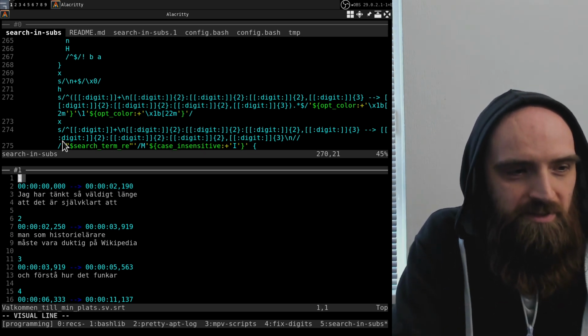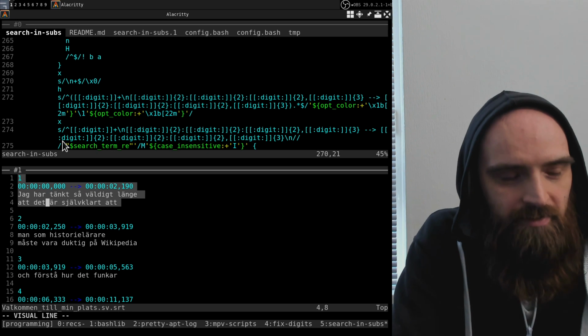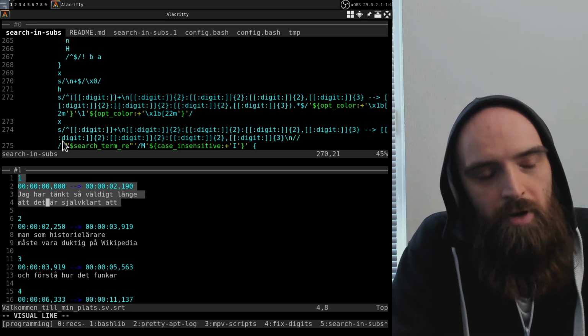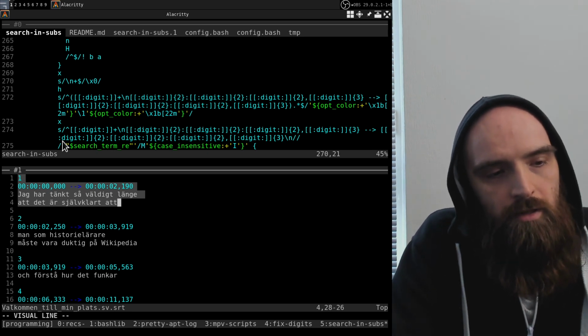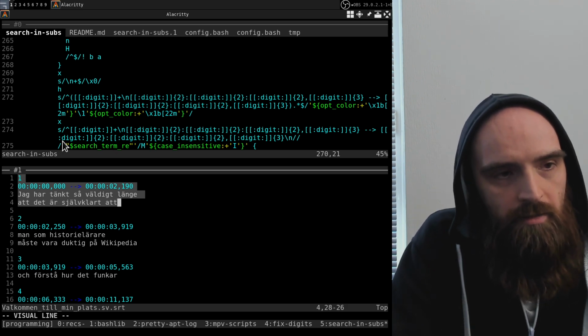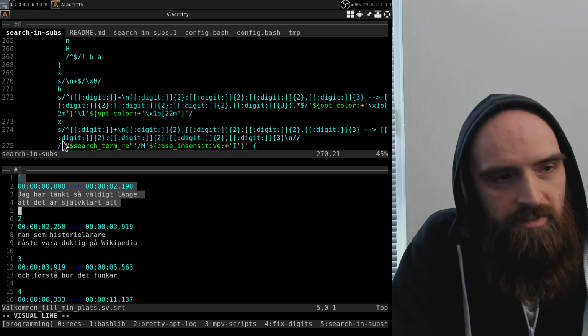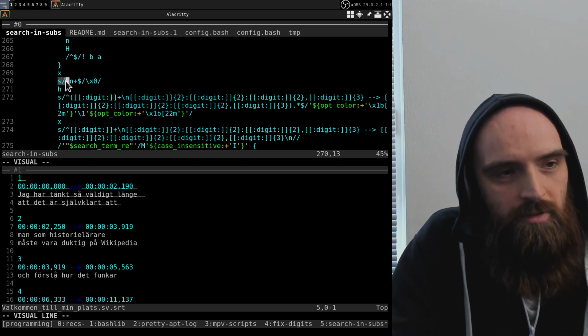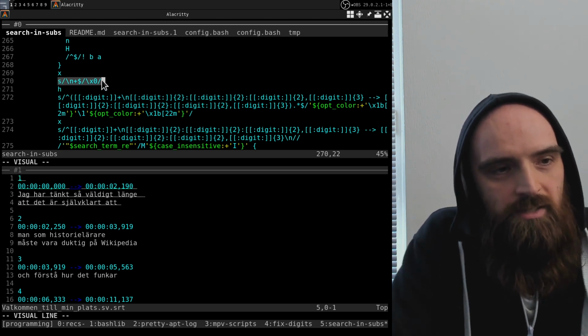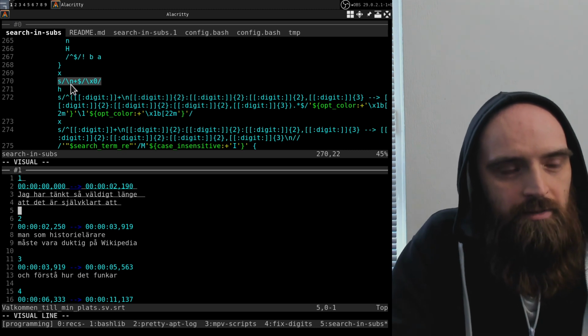So as long as this matches certain criteria, it keeps saving it into the hold buffer. So this is in the hold buffer now, and then it's like, okay, the subtitle has ended. Now let's replace this new line. That's what this line does. It replaces the last new line